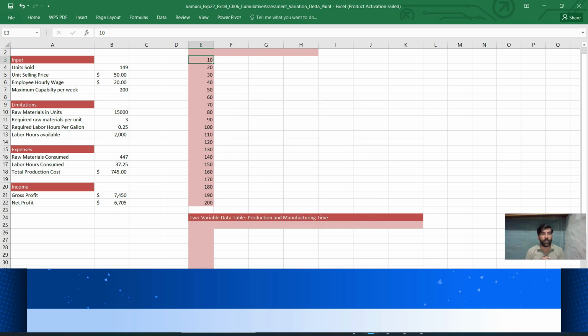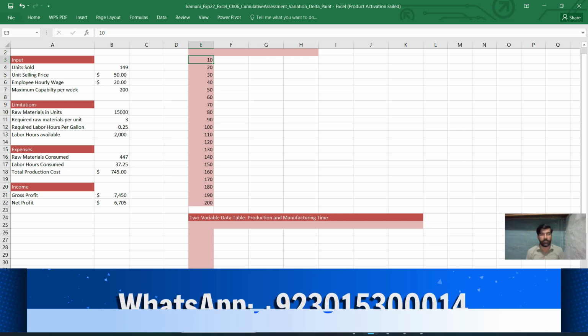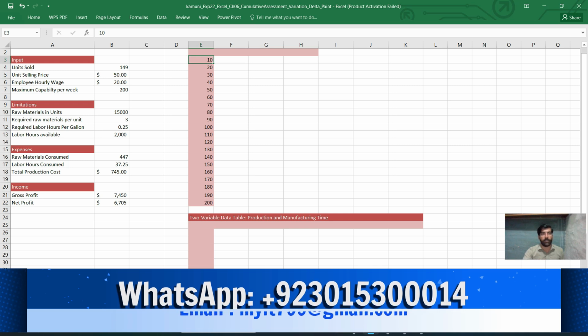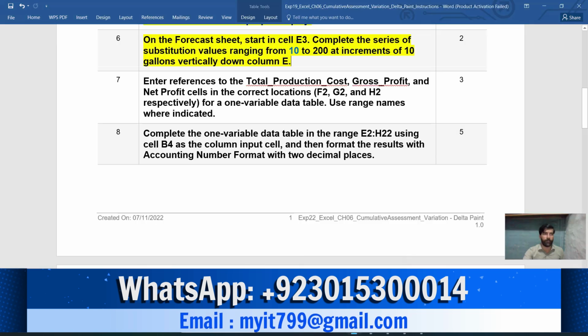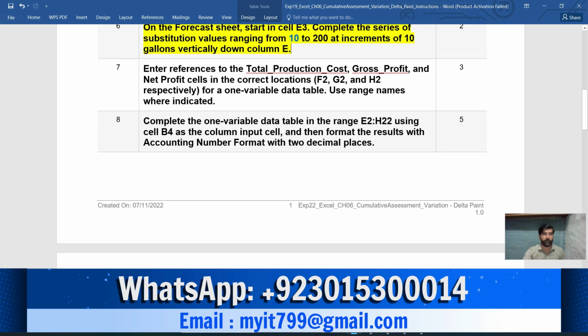When I do it, I fill the column E, starting from 10 and its last digit is 200, and all entries have an increment of 10. So this is instruction number 6 that I have done.